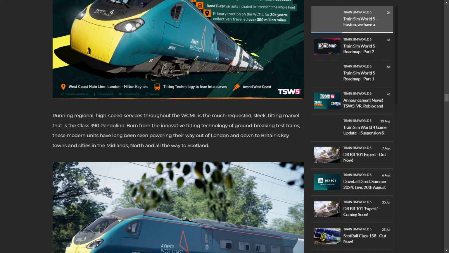Running regional high-speed services throughout the West Coast Mainline is the much requested sleek tilting marvel, that is the Class 390 Pendolino. Born from the innovative tilting technology of groundbreaking test trains, these modern units have long been seen powering their way out of London and down to Britain's key towns and cities in the Midlands, north all the way to Scotland. So